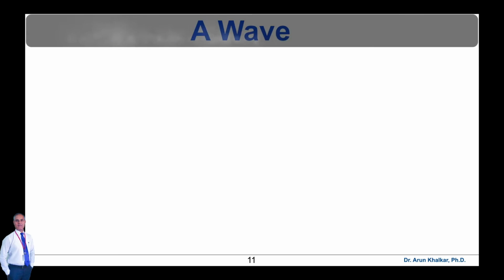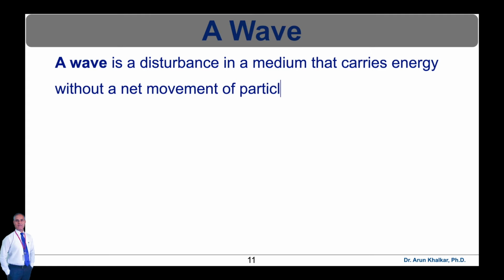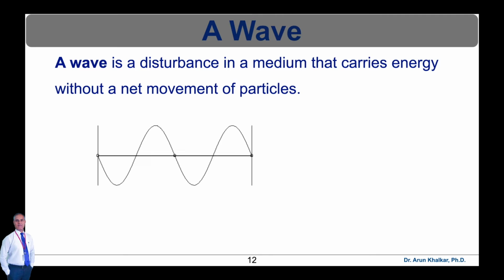Now let's get introduced to the wave. What is a wave? A wave is a disturbance in a medium that carries energy without a net movement of particles. It may take the form of elastic deformation, a variation of pressure, electric or magnetic intensity, electric potential, or temperature. The wave transfers energy and usually involves a periodic repetitive movement. A wave does not result in a net movement of the medium or particles in the medium,